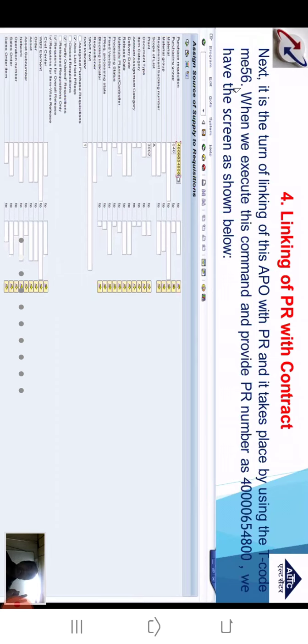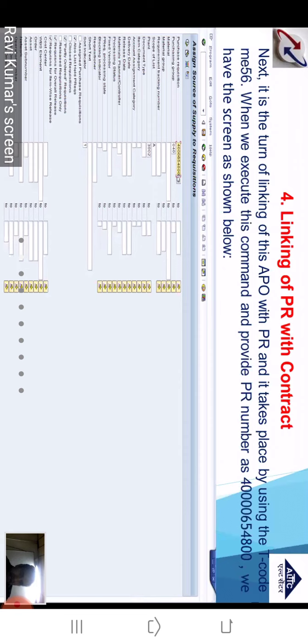ME56 is solely meant for linking PR with contract. When we execute this command and provide the PR number, we have the screen as shown over here. This is the window pertaining to the execution of ME56. ME56 says assign source of supply to requisition. Source of supply means actually contract, actually vendor.